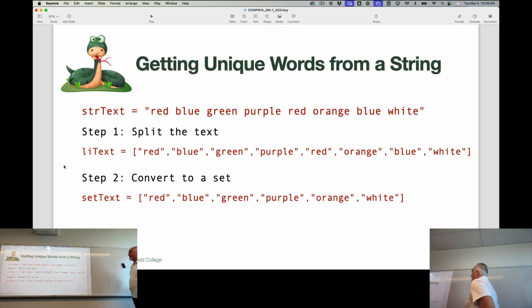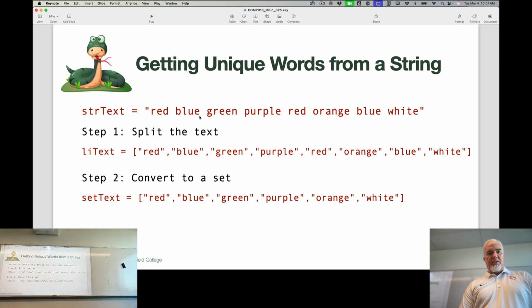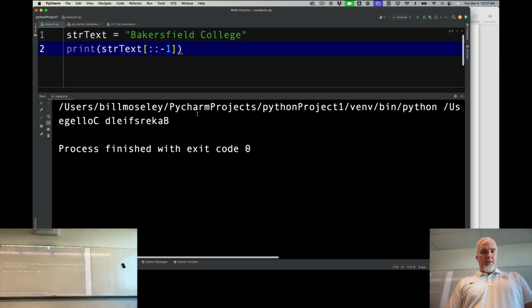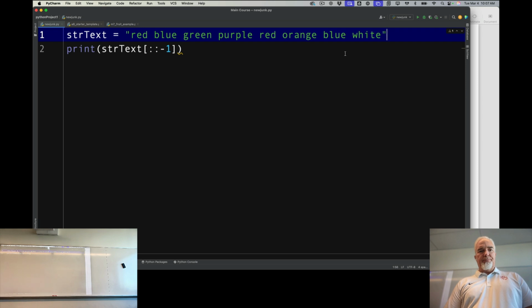There's one more trick I want to show you. And this is an easy way to get a string and reduce the number or eliminate duplicates in a string. So I have this string, which is a list of colors. You can see blue and red are repeated twice each. So if I take that and I paste it in here,